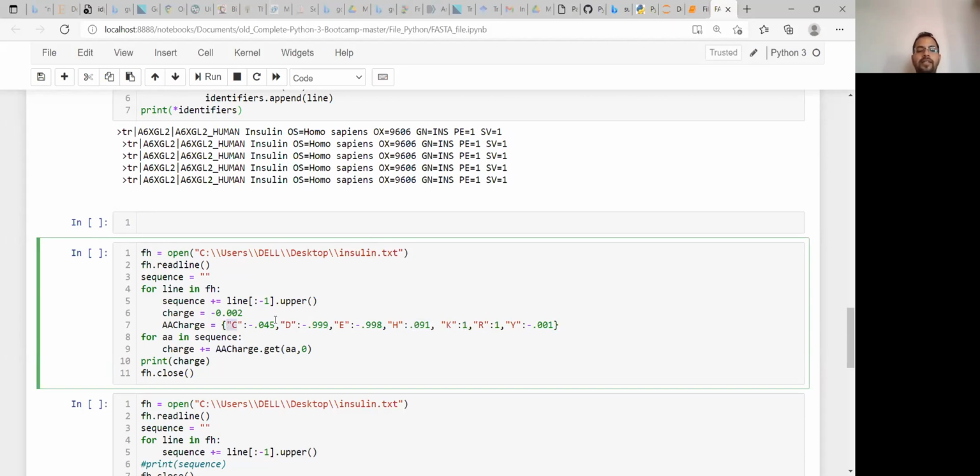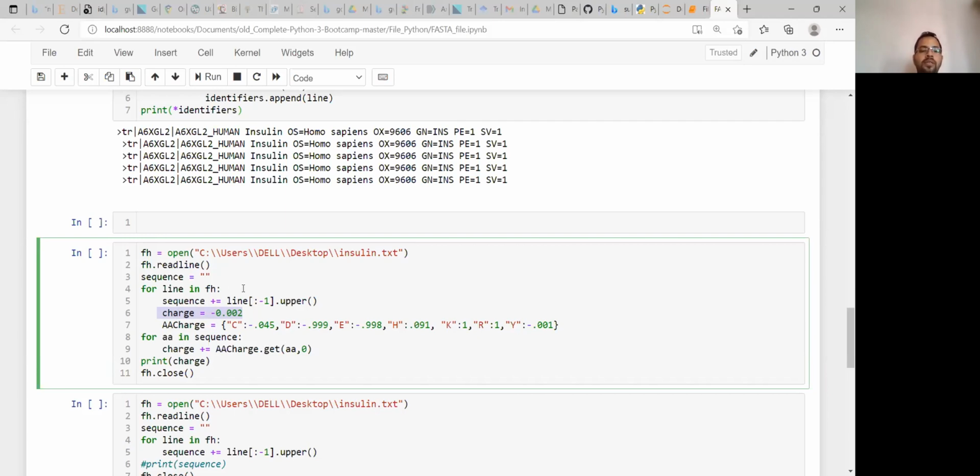If you know the amino acid charges and the initial charge is also given, how can you find the total charge of this insulin protein? For that you can apply this kind of approach.